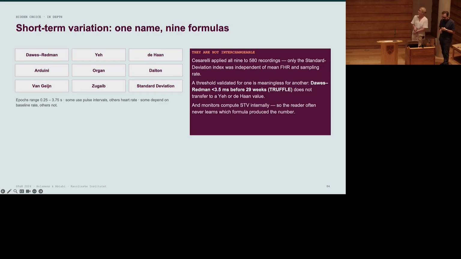Malin has an example in this case. Yeah, that's exactly what happened in my labor department. Before the TRUFFLE study, we worked with the old Sonicaid machine, and we noted the STV thresholds reported by Street and Dawes in the 90s, 2.6 and 3.0, as marked risk factors for intrauterine death and metabolic acidosis at birth. And then we moved into new hospital buildings, and